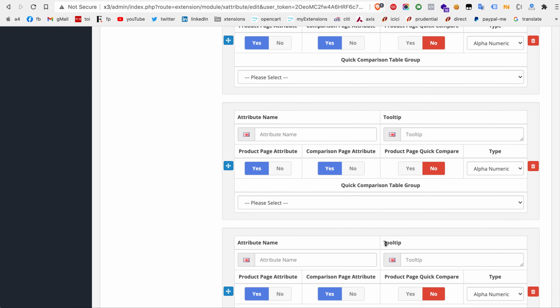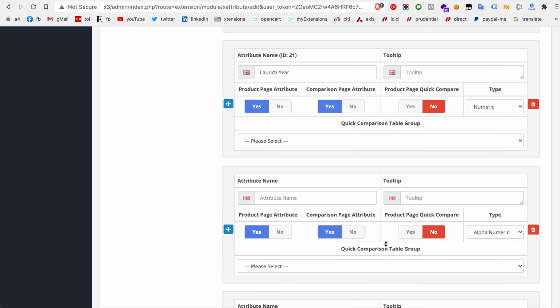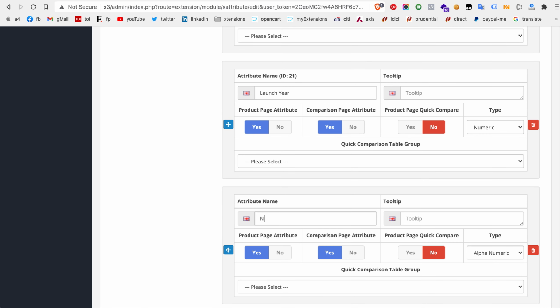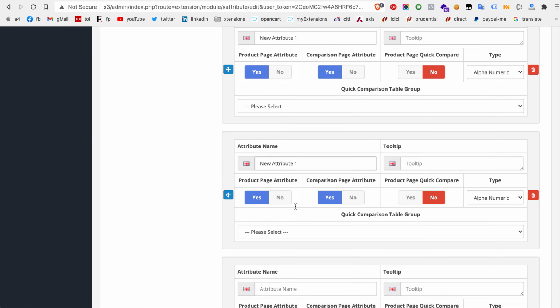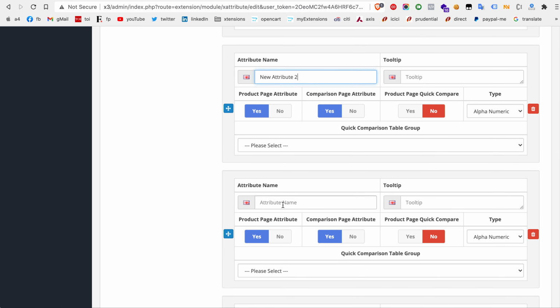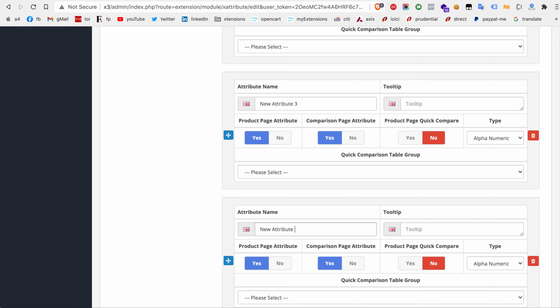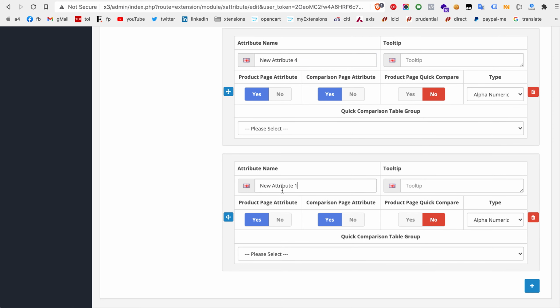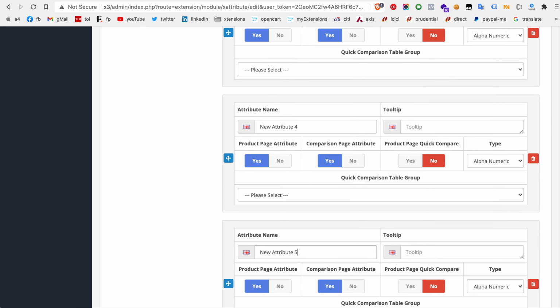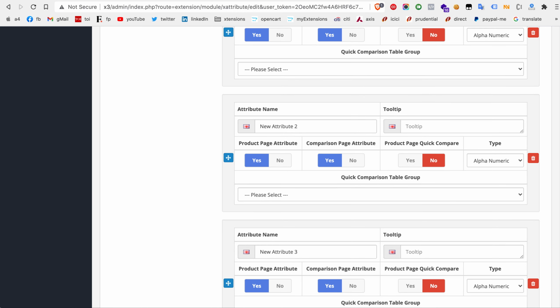Just do this 5 times and name your attributes. Call them whatever you want: new attribute 1, new attribute 2, new attribute 3. So how simple is this?